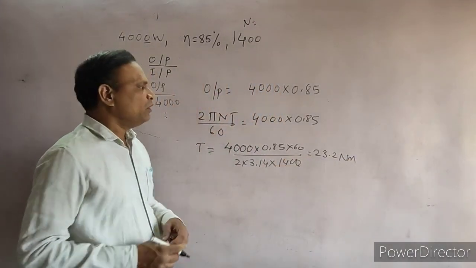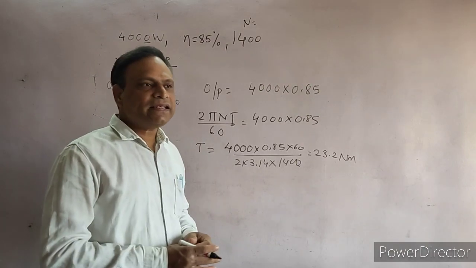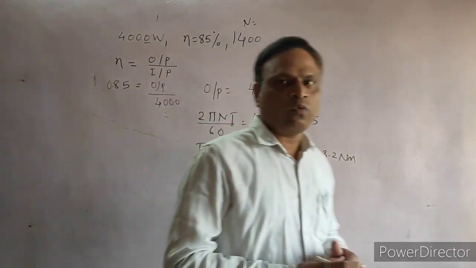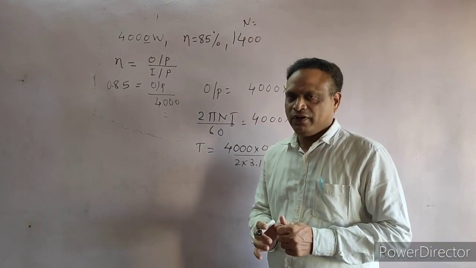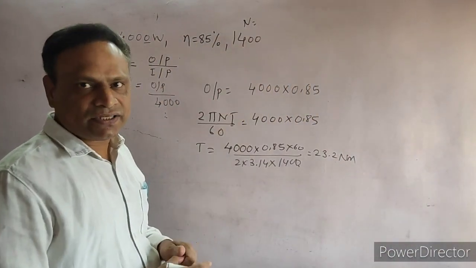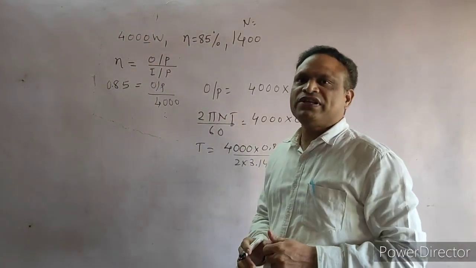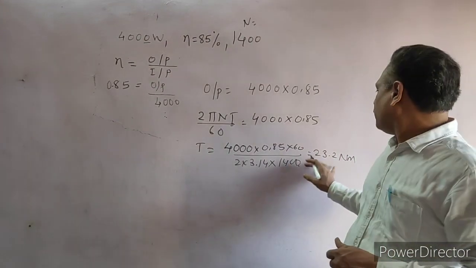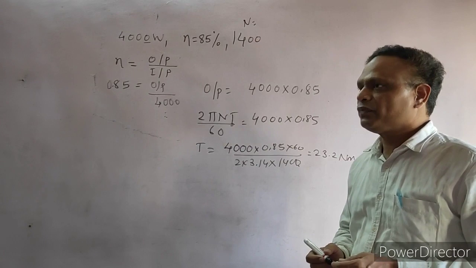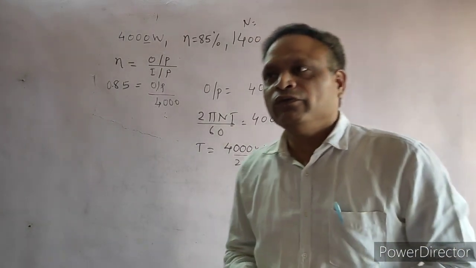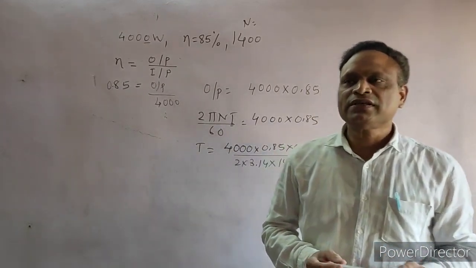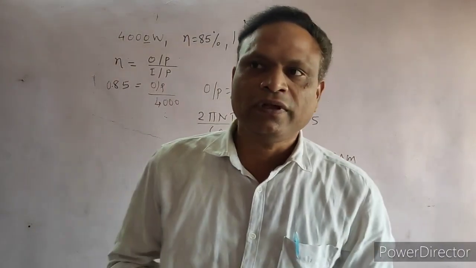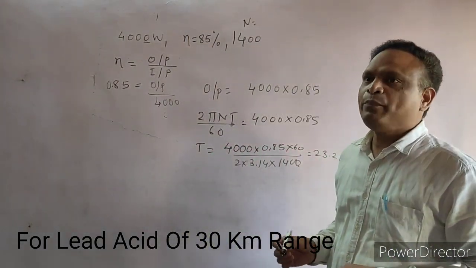So in totality, for the whole design, for a weight of 175 kg including car, person and luggage at the given conditions, I need a motor which has a power of 4000 watt as well as a torque of 23.2 Newton meter, and this motor will be driven by a battery which was selected in the previous lecture, and it was, I think, 67 ampere hour.